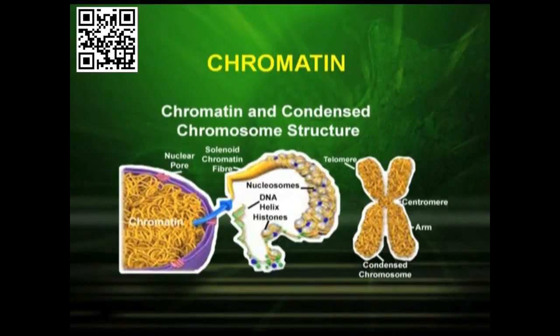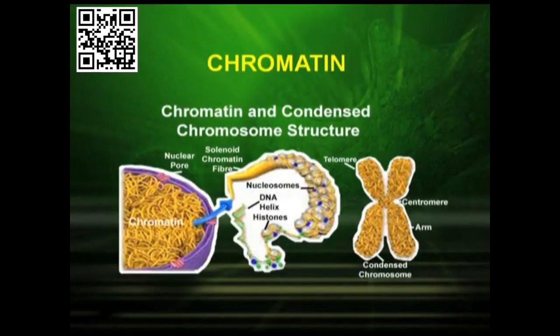As we know, it is found in the nucleus. It looks like thread-like colored bodies, and this chromatin forms the chromosomes only during cell division. You can see clearly in the picture the chromosome and the condensed chromosome structure, where the chromatin material, which is thread-like during the prophase stage, becomes highly condensed during the metaphase, which we see under the microscope as chromosomes during the metaphase stage.